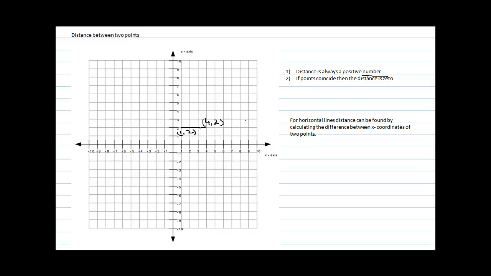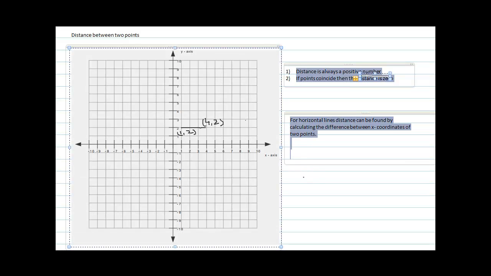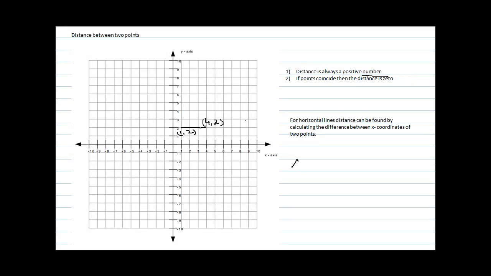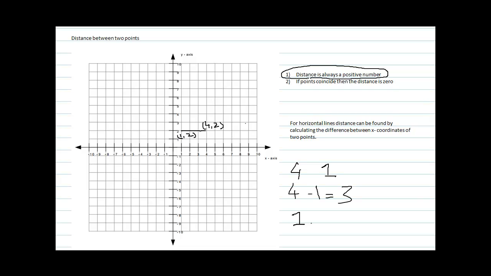In this specific example, as you can see, the line is horizontal, so we can easily calculate the distance between the first point and the second point by finding the difference of x-coordinates. The x-coordinates that we have are 4 and 1. So the distance would be 4 minus 1, which is 3, or